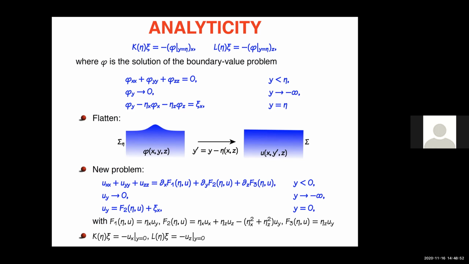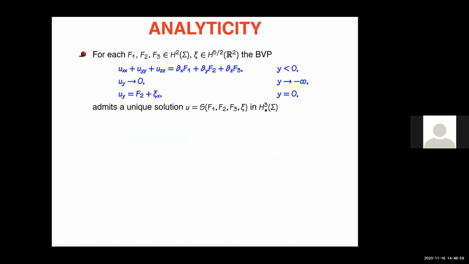Okay, so let's do the following. Let's now look at a simple linear boundary value problem, which I get by replacing the functions f1, f2 and f3 of eta and u, which we just had, by any functions f1, f2 and f3 of the independent variables x, y and z. Now this is a simple linear boundary value problem, and it's a simple exercise in linear elliptic boundary value problems to show that this problem has a unique solution for every choice of f1, f2, f3